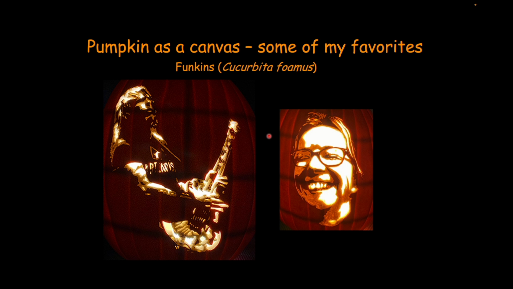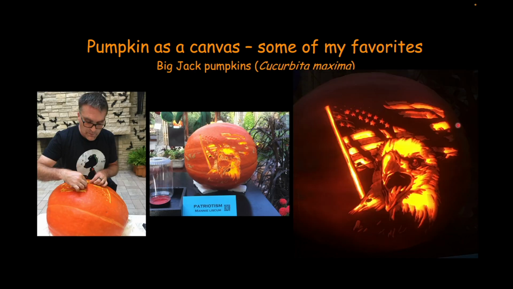What I'll talk about today is how to do carvings like these on real pumpkins, as I previously showed, not on the funkins. That's a whole different approach, but you can do it. And the nice thing about these is they last forever. This is a pumpkin that was carved on a foam pumpkin years ago, and I can still light it every year. These previous pumpkins, you light them, they're good for a couple days and they rot. So it's very ephemeral too. The art is here today and gone tomorrow.